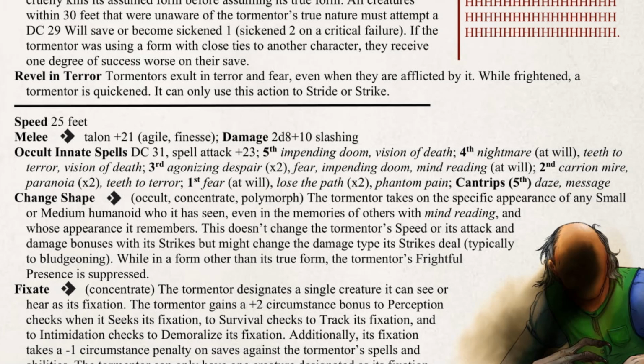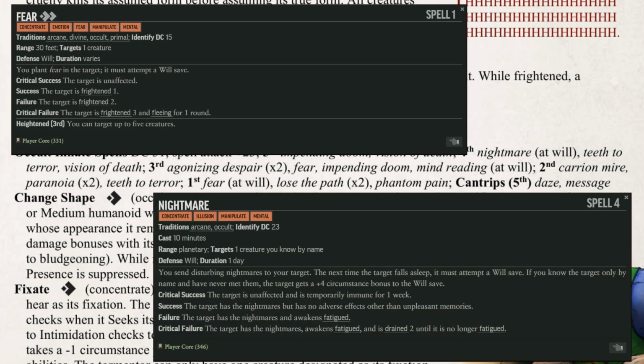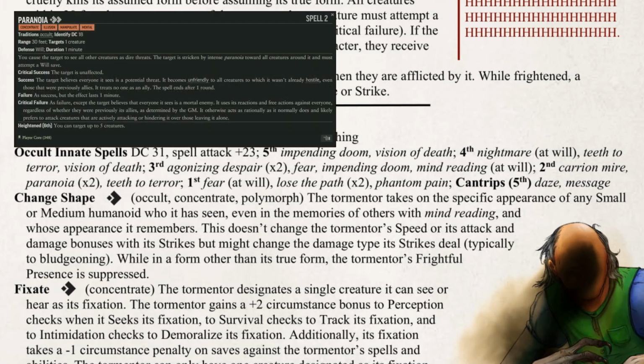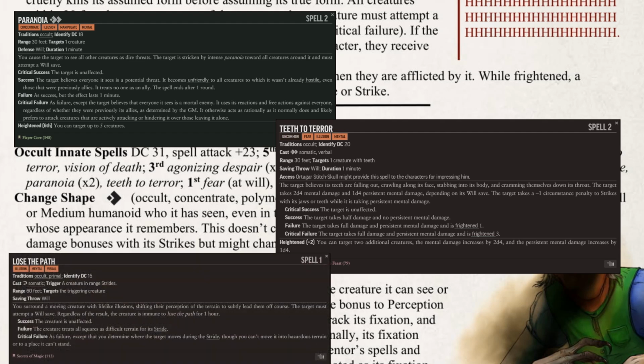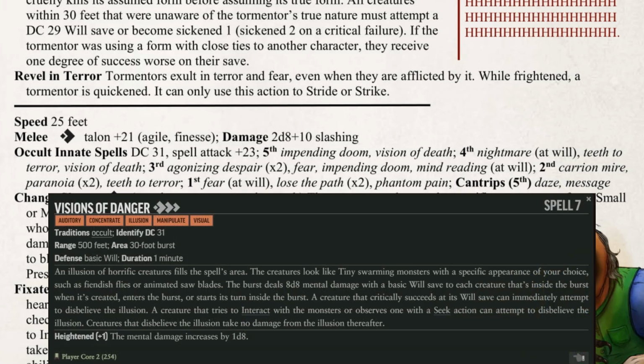This is perhaps most clearly seen with its at-will first-rank Fear and its at-will Nightmare spell. It can play allies against each other with Paranoia, inflict illusory maimings with Teeth to Terror, and even entrap and mislead the victims with Lose the Path, which also grants them a fun reaction. These all provide some nice ancillary options alongside the promised Vision of Danger, but the Tormentor's one other at-will spell